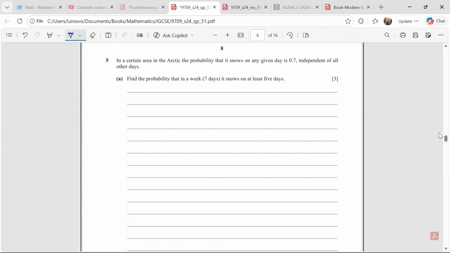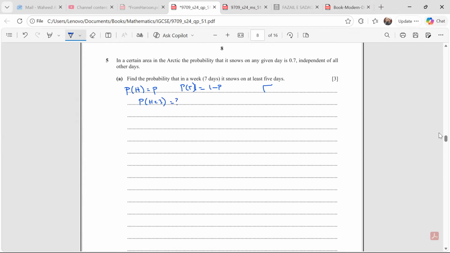Okay, let me ask you another question. Let's say you throw a coin, and the probability of head is p. And what's the probability of tail? It is 1 minus p, of course. Now I ask you, if you throw this coin 5 times, what's the probability that head will come 3 times? You want to calculate this.